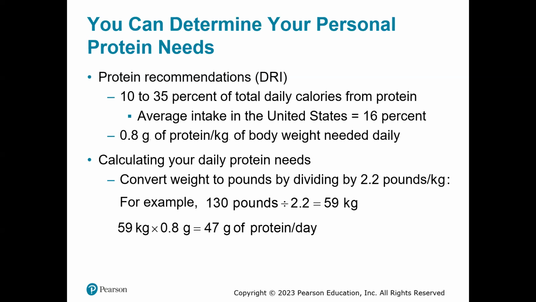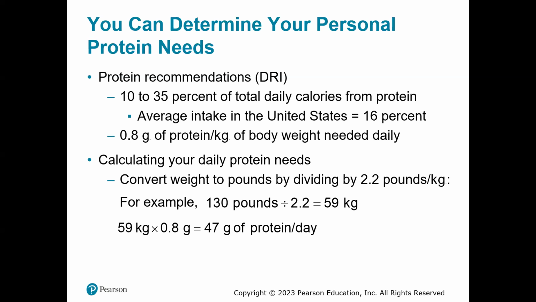The general rule is 0.8 grams of protein per kilogram of body weight daily. And if you're in athletics and they're recommending an increase in protein, it's probably because they want you to try to be building muscle. So a little increase in protein intake above that 0.8 grams per kilogram of body weight is totally normal for